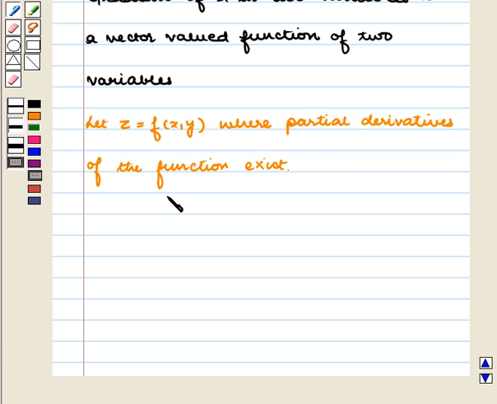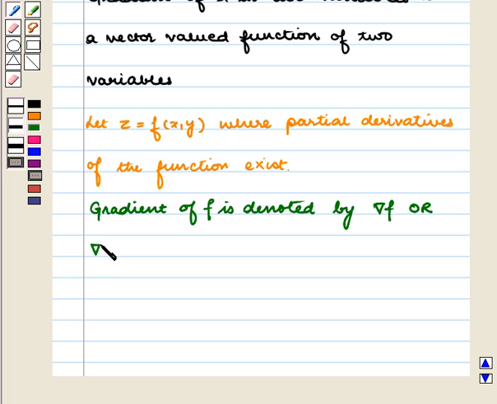Then the gradient of f is denoted by del f or del of f of xy,